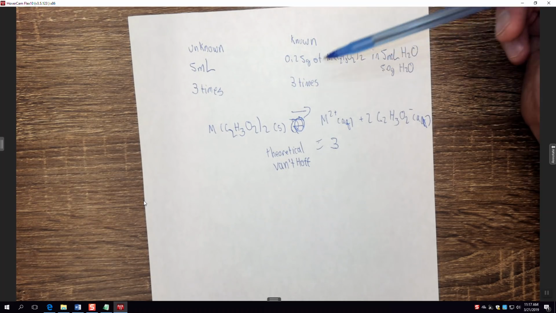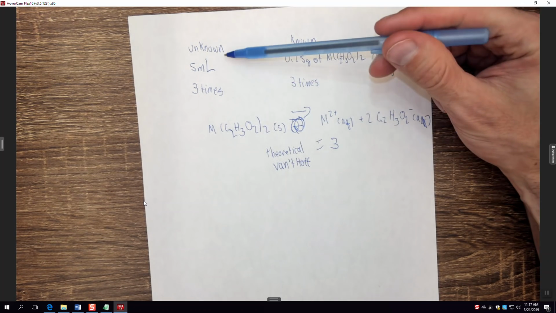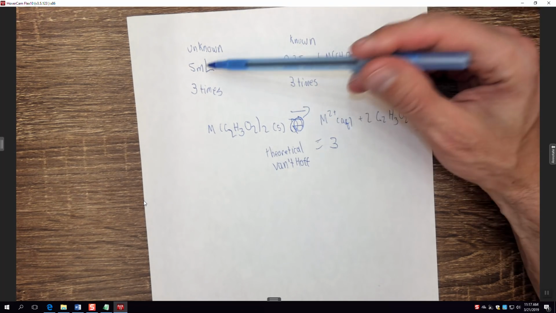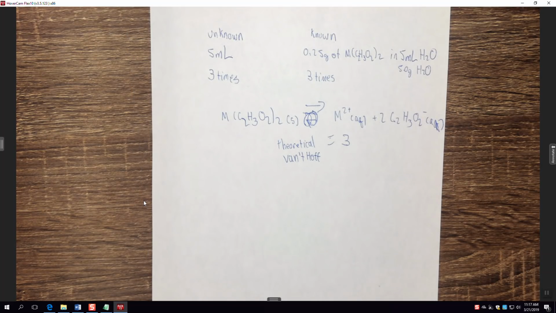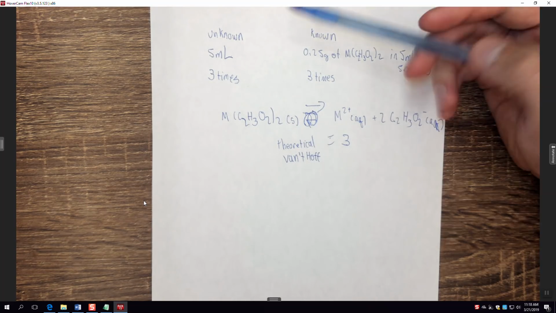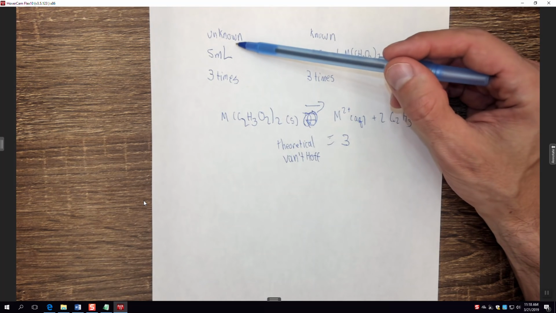of the known. Based on both the spectroscopy data, the lambda max, and the experimental Van Hoff factors of the unknown and the known, you're going to make a recommendation of whether or not you think you have the correct species in solution. The other thing to point out here is, you're going to use for the unknown, for the